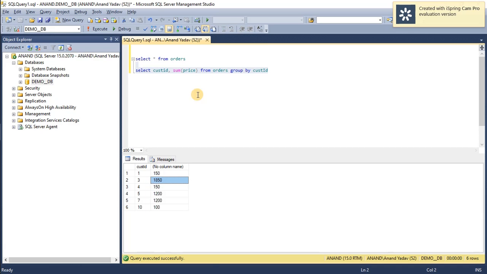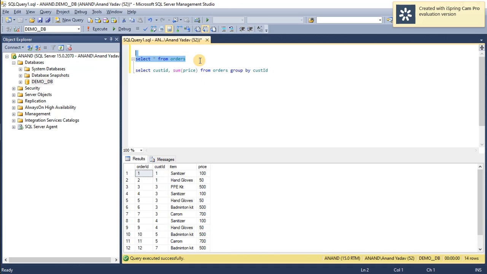Now my requirement has changed, and I want the sum of price to be calculated. It doesn't make much sense, but for understanding purposes I am doing this exercise. I want to calculate the total amount spent by the customer ID, and here the column is price, so I want to see the total price, which means the total amount spent by customer ID equal to 1. So that we can calculate with the help of analytic functions.